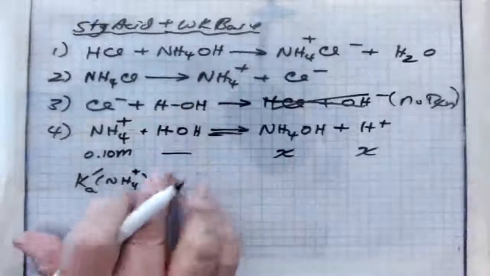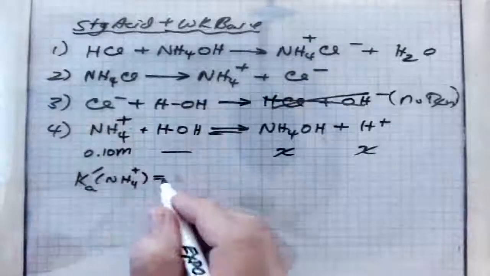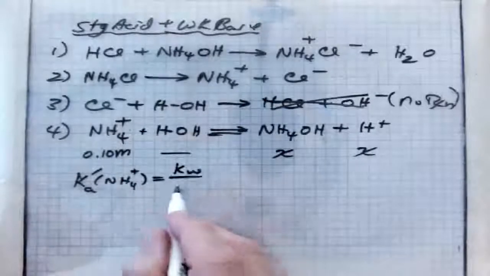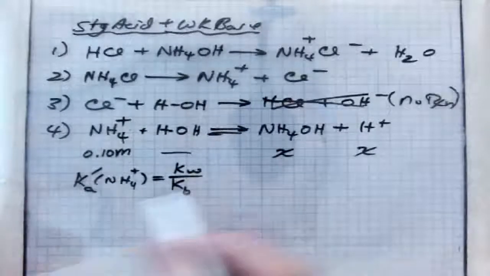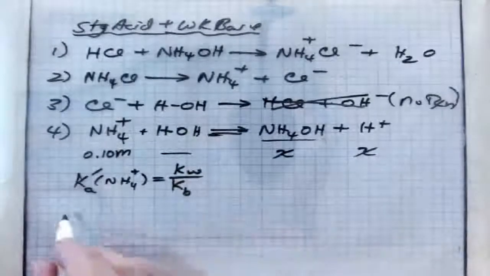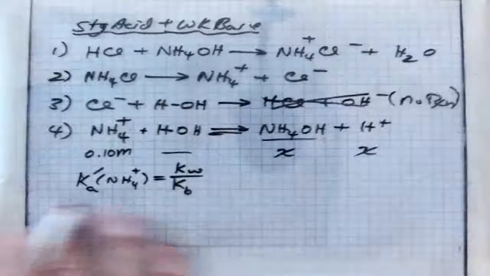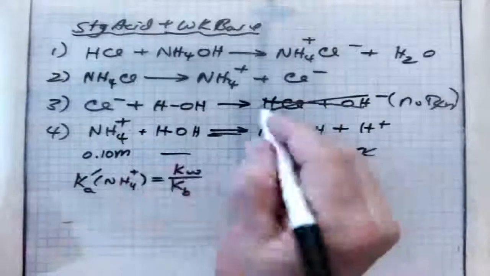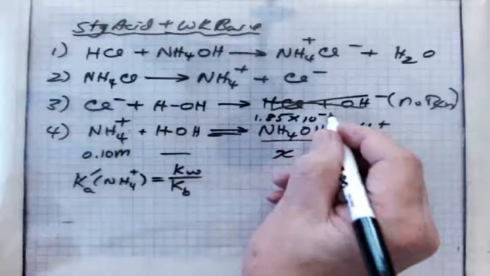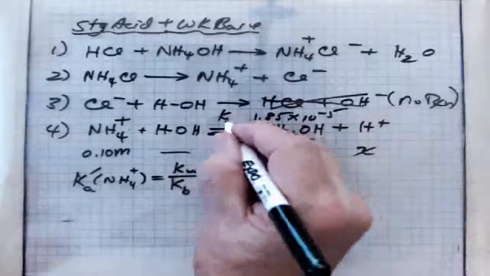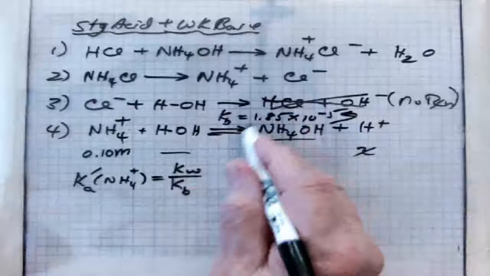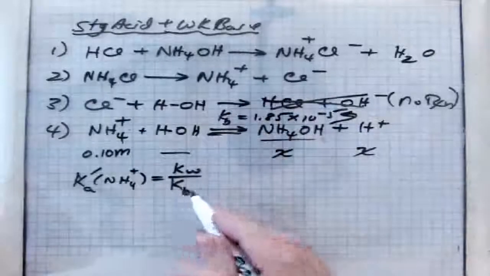So now we have X and X, and then the 0.10 in the salt position, 10 to the minus 14, and the Kb of the ammonium hydroxide. We have 1 times 10 to the minus 14 over 1.85 times 10 to the minus 5 is equal to X squared over 0.10. And again, solving for X, which is the hydronium ion excess,